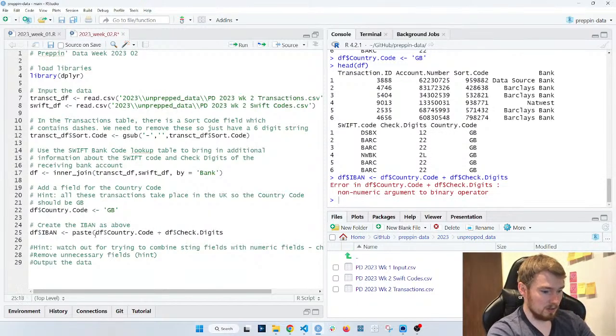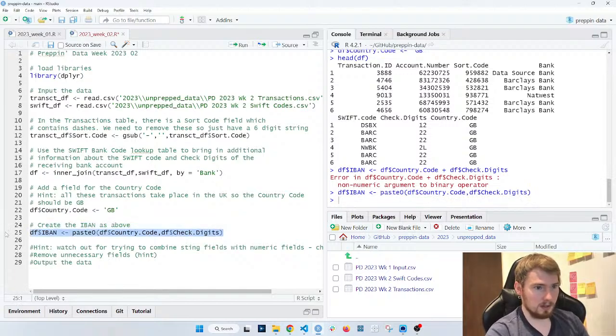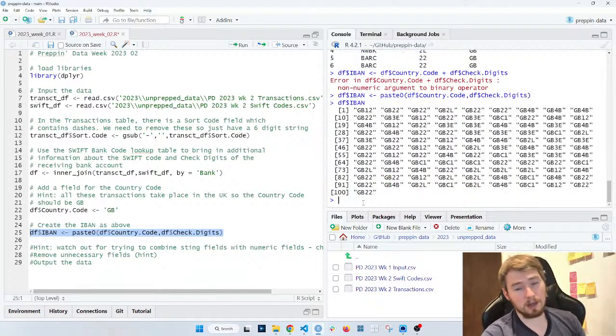Paste is very helpful, but you then have to give extra functionalities at the end. So there's another function called paste0, which lets you send in a number of columns, comma separated, that will then paste together. If I do this, it works, and we can have a look at this df IBAN. So this is pasting those string values together.